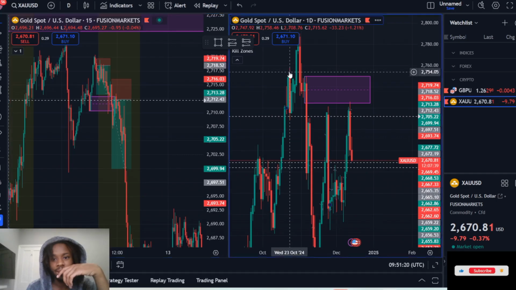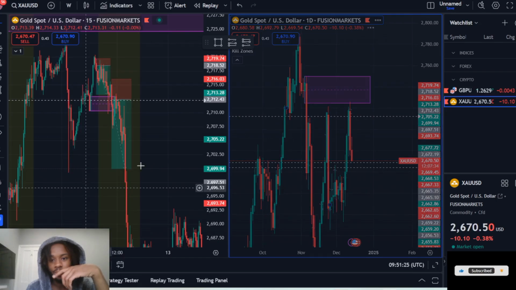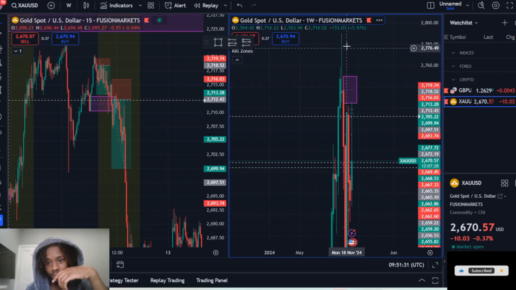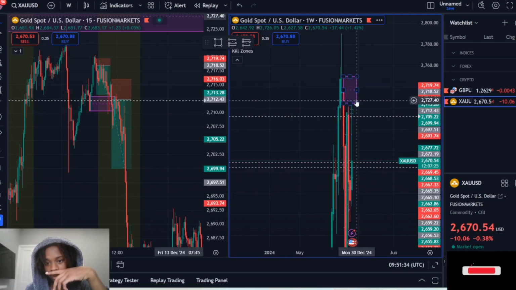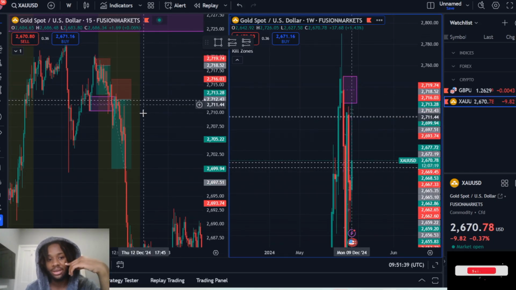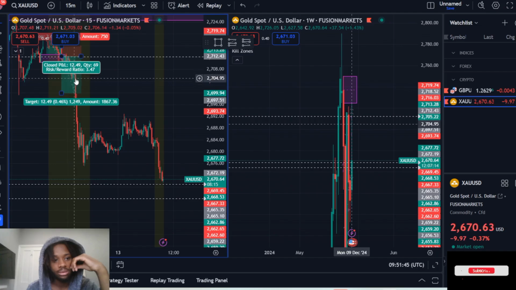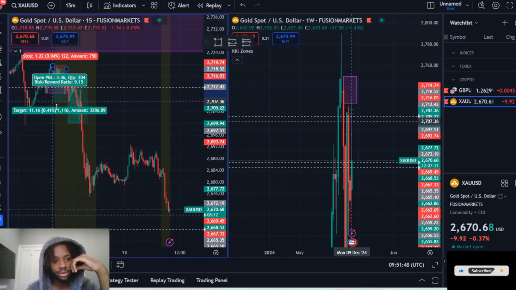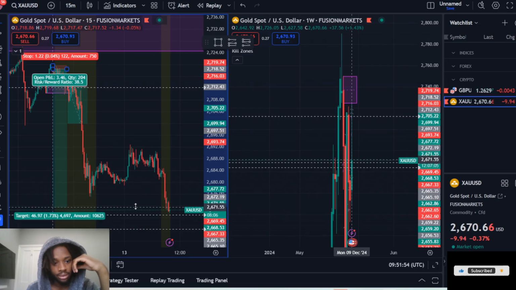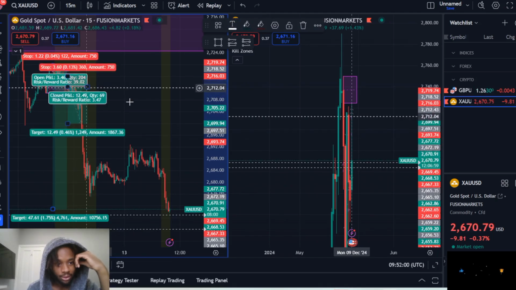But I think we had the same zone here on the daily, and on the weekly. If I go to the weekly as well, that's just another extra confluence. Yep, as you can see, it's a big supply zone. It's very big. But we tapped into that supply zone, and look at the rejection that we got from yesterday to today. If I held this trade till today, the gains would have been crazy. This is when I got my first entry. So if we go off my first entry, look at that. If we held till now, that would have been a 1 to 39.